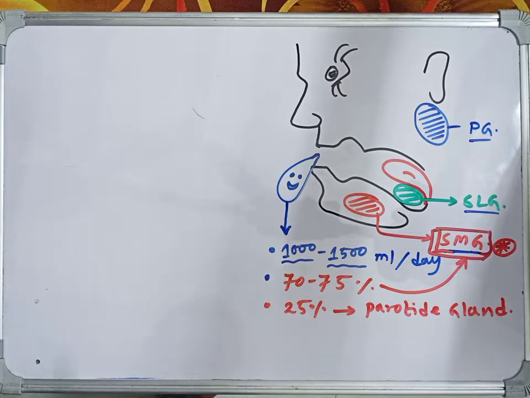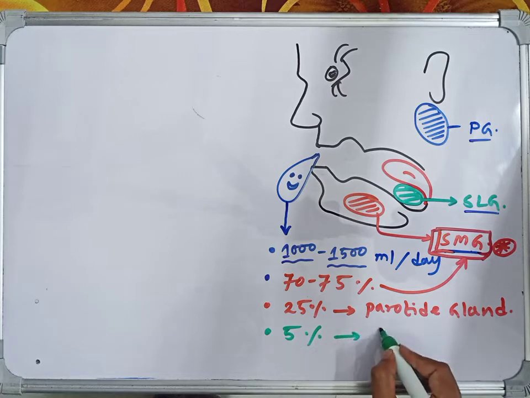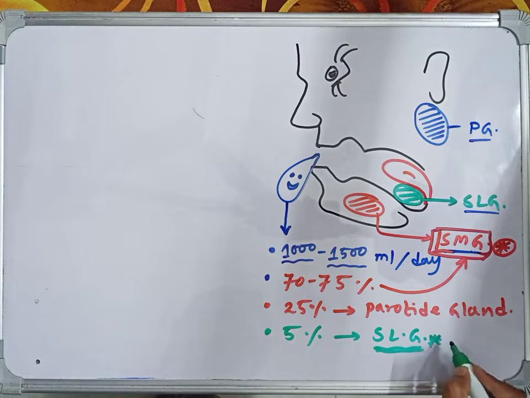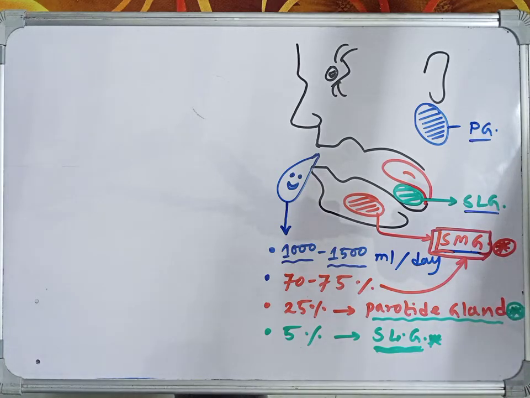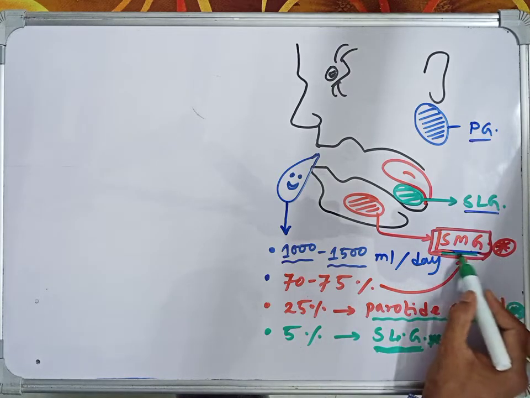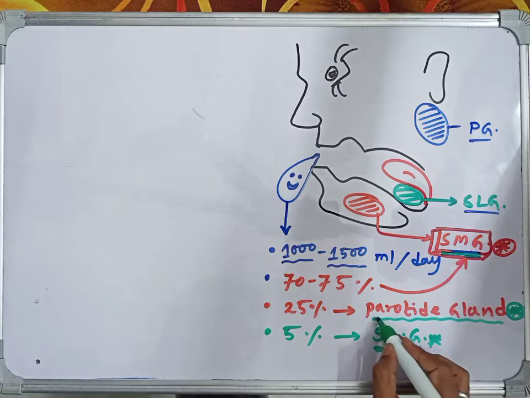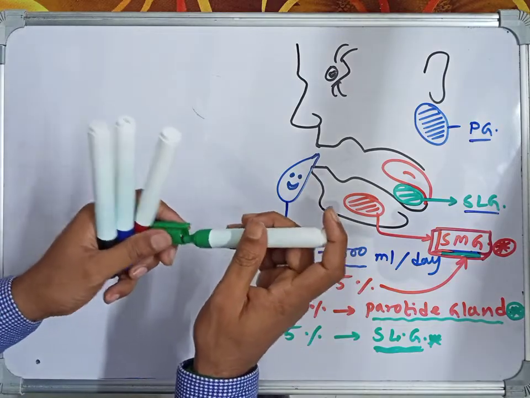And near about 5% saliva is produced by the sublingual gland. I already mentioned to you, that is the lingual gland. Sublingual gland is the smallest salivary gland, and parotid gland is the largest salivary gland, but it does not produce a large amount of saliva. Maximum amount of saliva is produced by this submandibular gland. And as well, the parotid gland is also called the queen of the face, right? Now we have to discuss